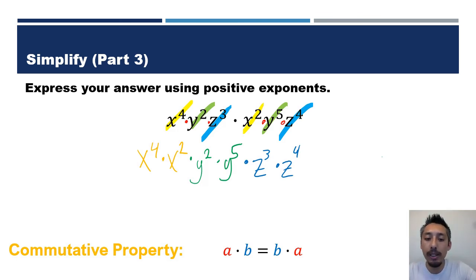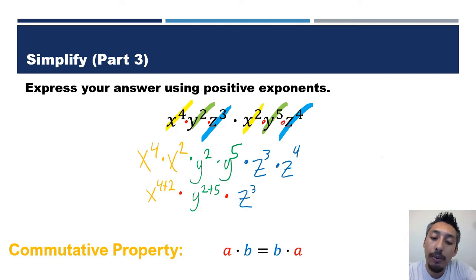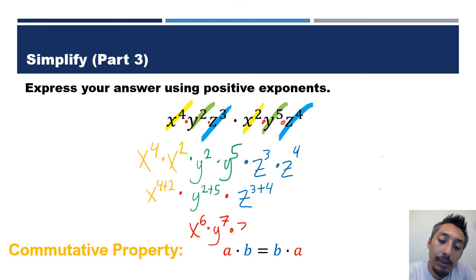And now that everything's organized, it's similar to the previous problems that we did. Let's focus on the x's. X to the power of 4 times x to the power of 2 is the same thing as saying x to the power of 4 plus 2. That's going to be multiplied by y to the power of 2 plus 5. And that is going to be multiplied by z to the power of 3 plus 4. Which brings us to our final answer. We have x to the power of 6 times y to the power of 7 times z to the power